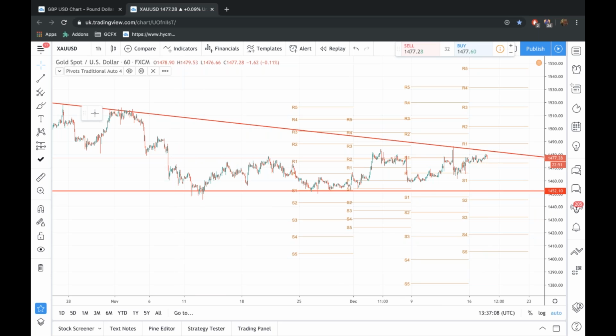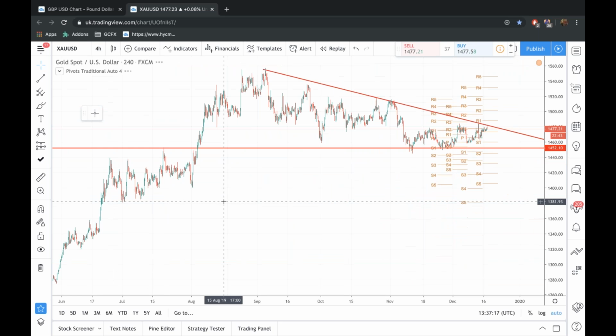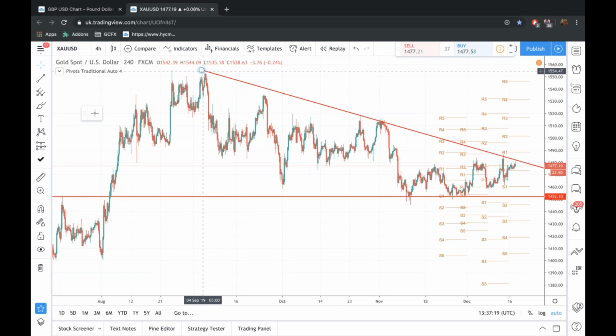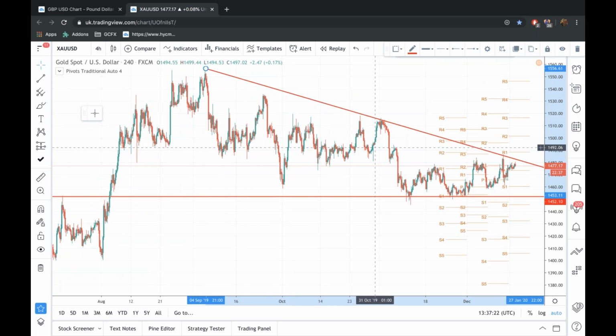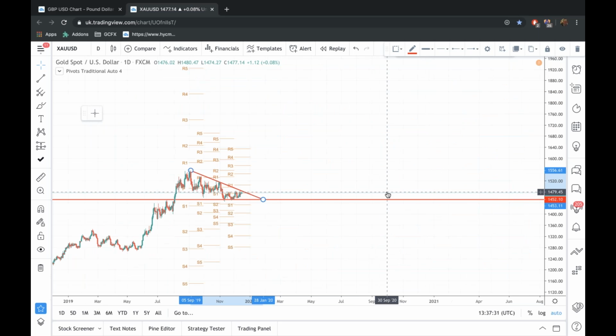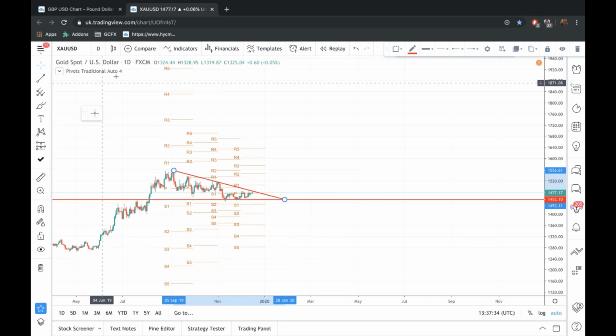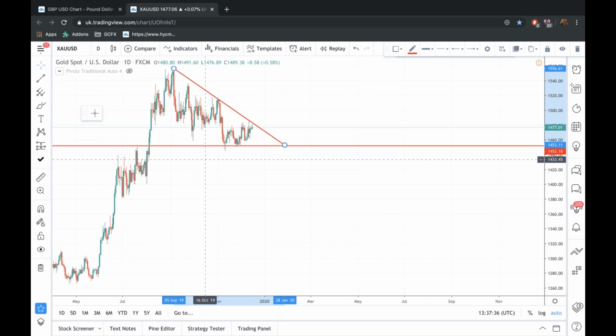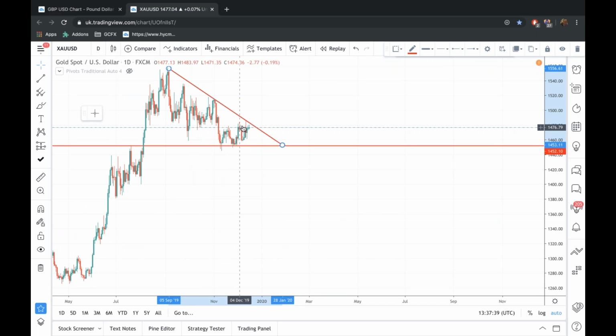And the obvious thing to look for is risk tone and how the US-China trade negotiation is going. We've got that descending trend line from the highs here. That's going to be key, a break and close. Technically, and this is a good little tip, you could wait for a break of that level. If you get a break and a daily close above that level, that's a really good indication that higher prices are ahead.